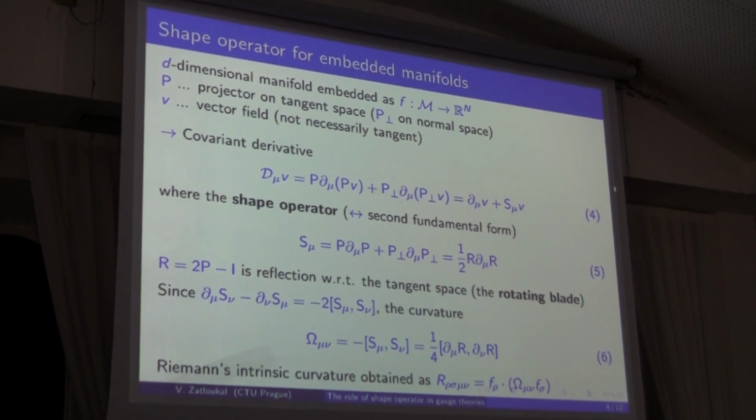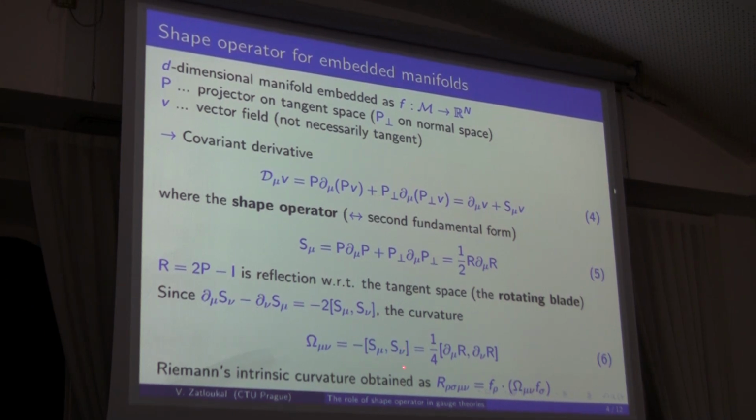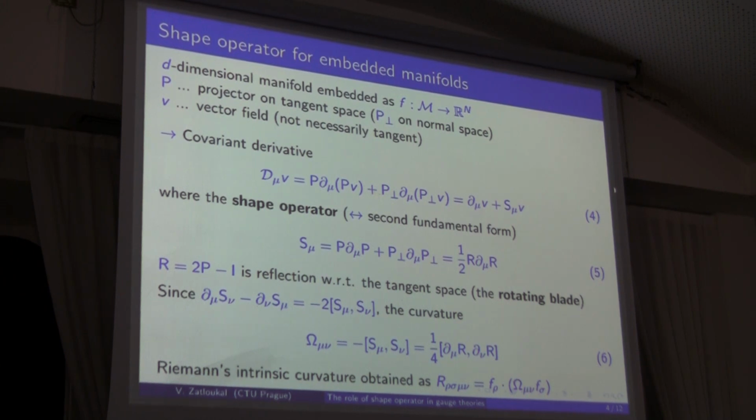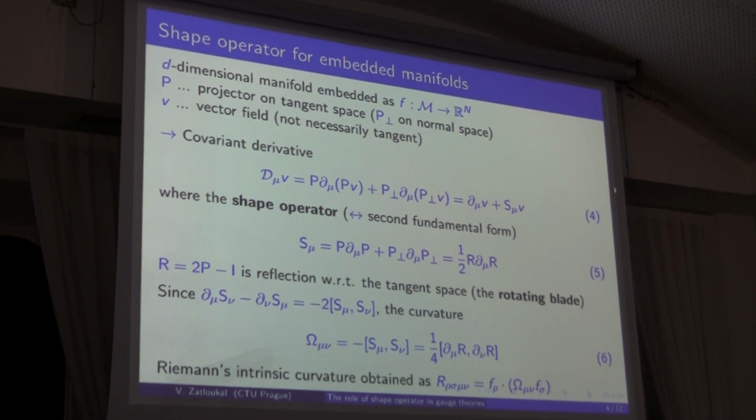So the extrinsic curvature gives us, by a commutator, this total curvature Omega, and once we separate the tangent part of this total curvature, we get the intrinsic Riemann tensor. So the lesson would be that